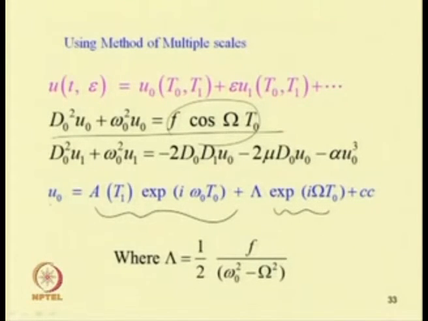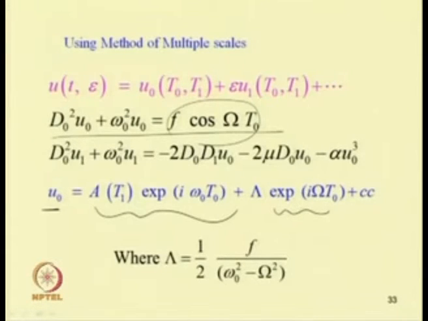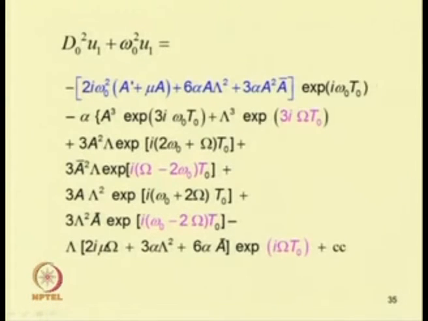So, this way one can write. This is the additional term in u 0 when we are considering the excitation to be hard. So, in case of hard excitation, we have seen the response u 0 can be written in this form. Now, by writing this equation in this form and substituting this in the second equation, we can see there are several resonance conditions available in the system, or several terms will lead to an unbounded solution. So, one has to study what are the conditions for which the system response becomes unbounded.